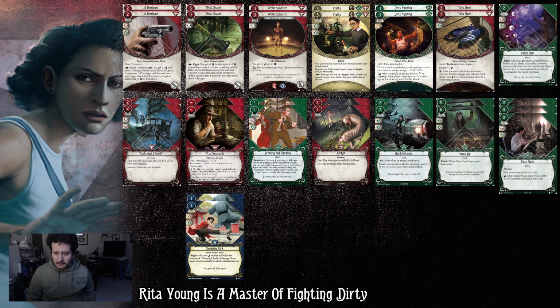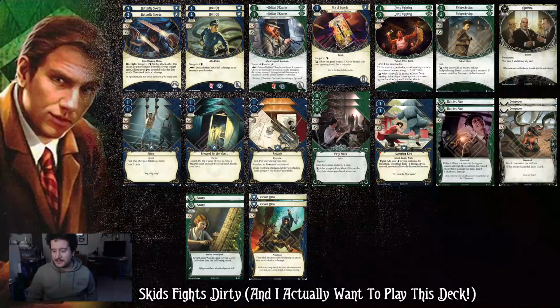Okay. My last, dare I say, serious deck idea that I had with this was Skids fighting dirty. I think Skids O'Toole really enjoys dirty fighting. Skids O'Toole, he does get a bad rap. He is my least favorite investigator, and he's the investigator that I consider personally to be the weakest investigator in the game, and that mostly comes down to the fact that his hero power...